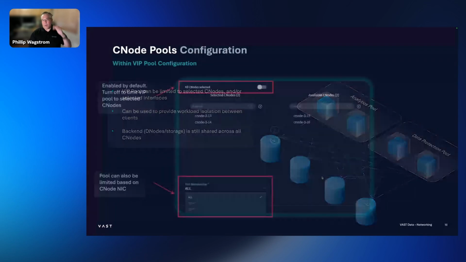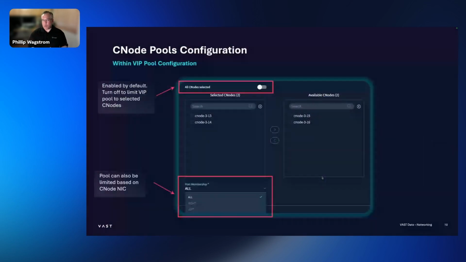If we wish to configure a VIP pool to only use specific CNodes, again, it's going to be very simple. We go into the VIP pool configuration, and when we create it, there's a slider that says, use all the CNodes, which basically says all CNodes selected. We just turn that off and then select which CNodes we wish to use. So in this case here, I'm only using CNode 3-13 and 3-14 and not CNode 15 and 16 in this